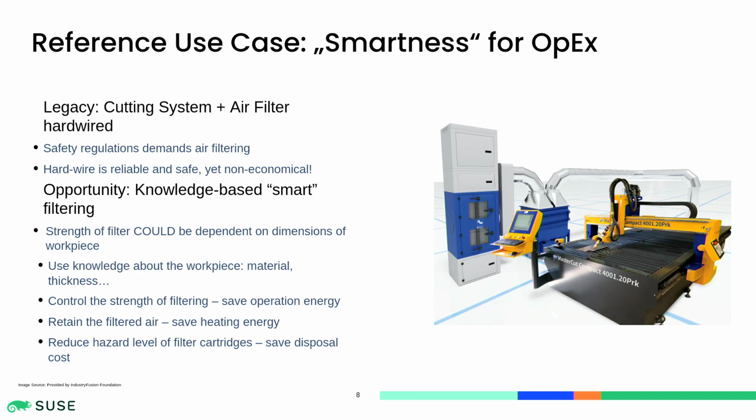And this can lead to interesting setups where, for instance, the air filter can run over a weekend because the machine is in standby and not really switched off, and you run into very inefficient situations. And well, it's obvious that this is one of many use cases where you can optimize, right? If you, for instance, knew more about the whole process, like what you do with the machine,